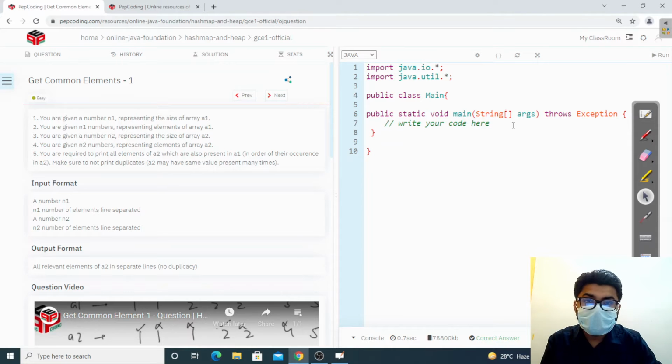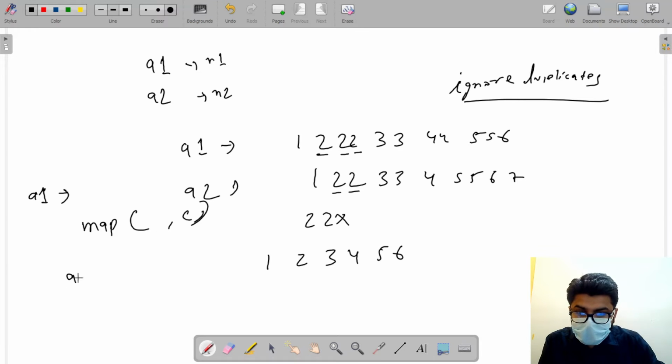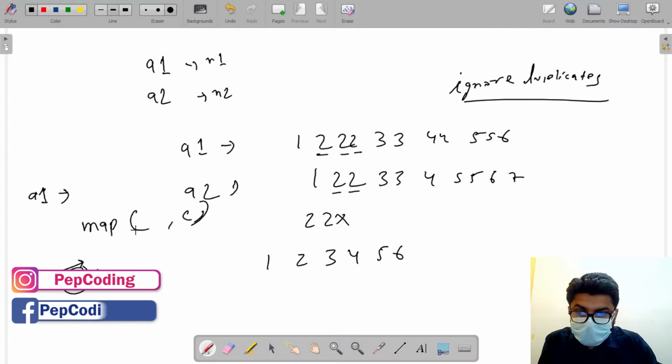And how are we going to do this? We are going to do the same thing that we did in the previous question. We are going to make a frequency map of A1. That is, all the elements of this would be stored in a hash map along with their frequency, and I'll check while iterating through A2 if the elements of A2 are present in the map or not.